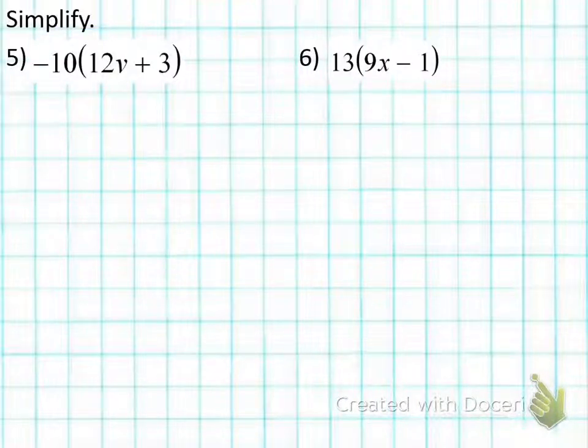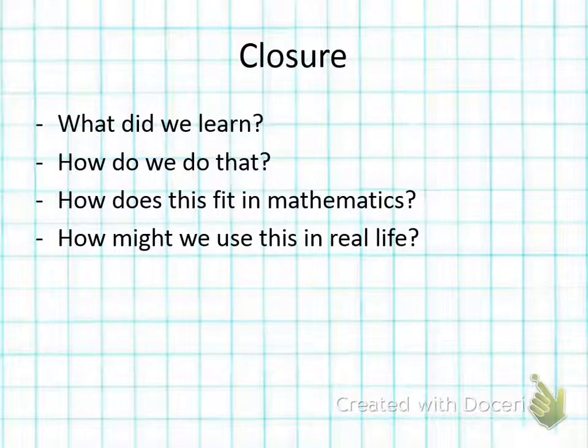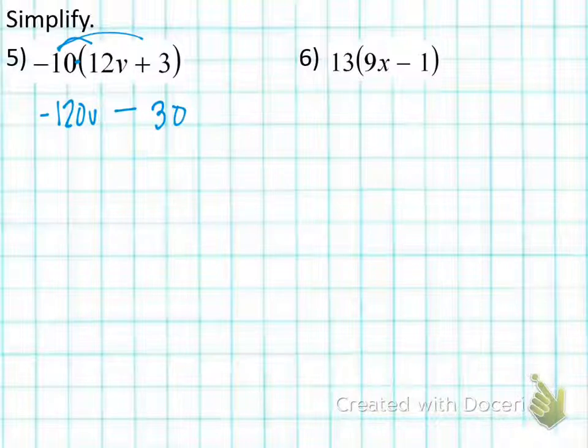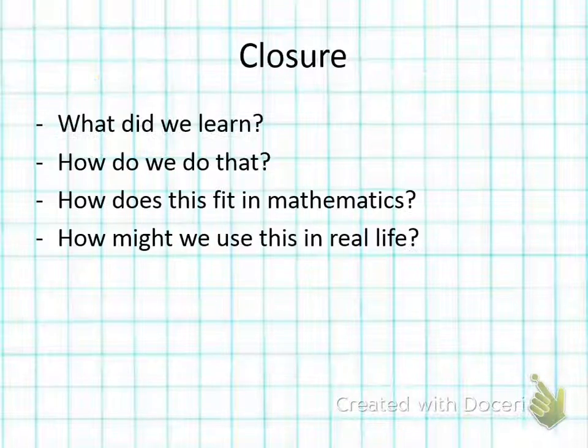Number 5. Negative. So we're going to multiply negative 10 times each of these terms, right? So we got negative times a positive should be negative. So it should be negative something minus something. That should be what your answer is. Okay, go. The answer is negative 120v minus 30, right? Okay, last one, number 6, go. So the answer is 117x minus 13, okay? And that concludes our lesson. So what I'd like you to do